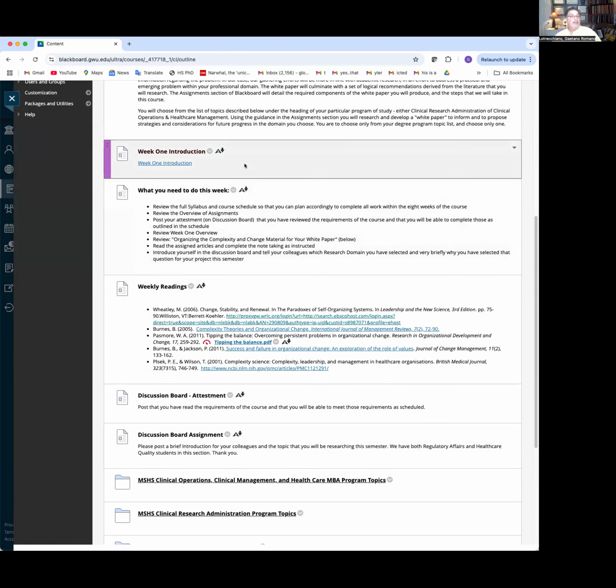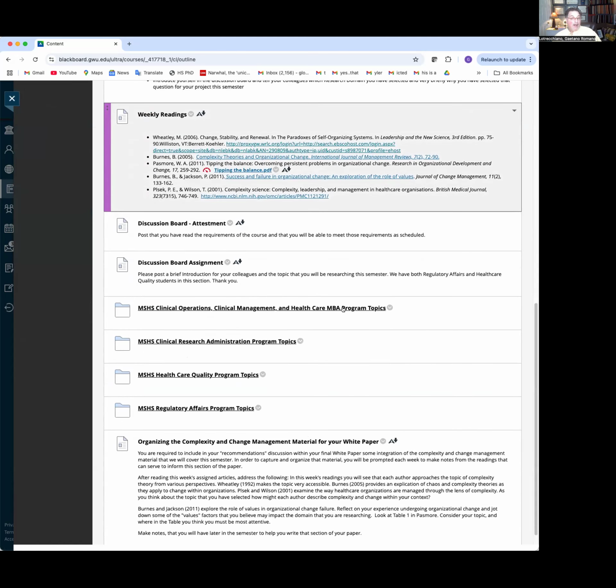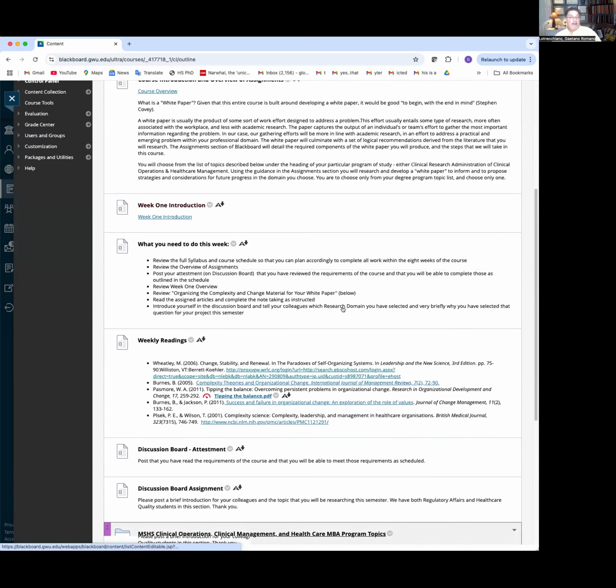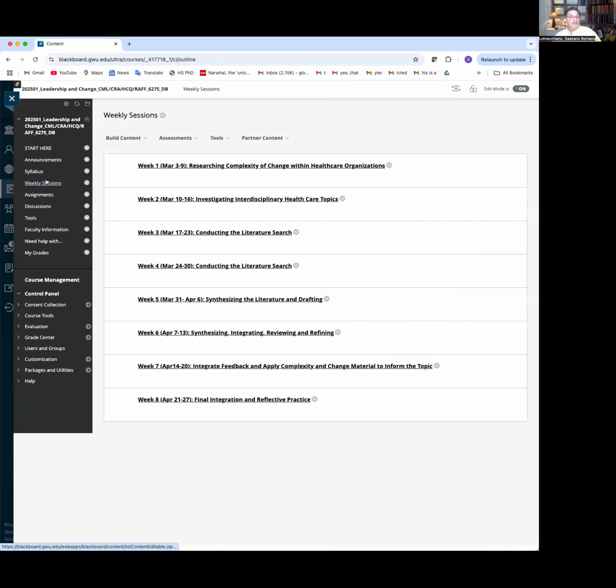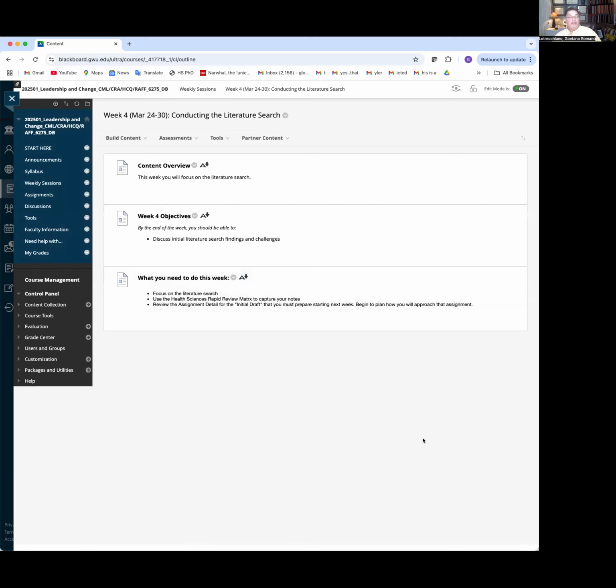But as you can see, in 1 week, there may be a bunch of things to do, including reading, but in your weekly sessions later, you're going to find that there's actually less on the screen to do, but you might be working independently to pull together, for instance, your literature for the paper, like in week 4.